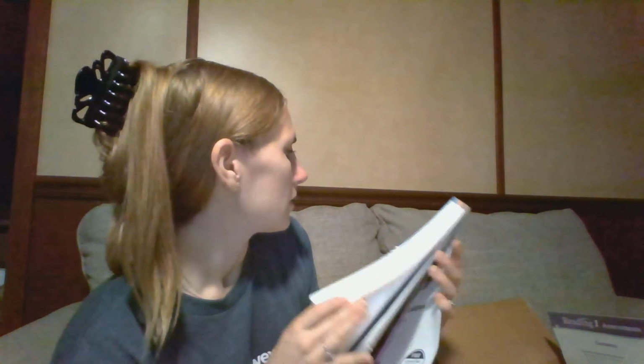You know, what animal do you see? Like I said, it gets the kids to think. It tells you in here what questions to ask your kids. So these are instructions: discuss with the student. I'm loving it. I'm super excited to put all this together. So yeah, that's the teacher's